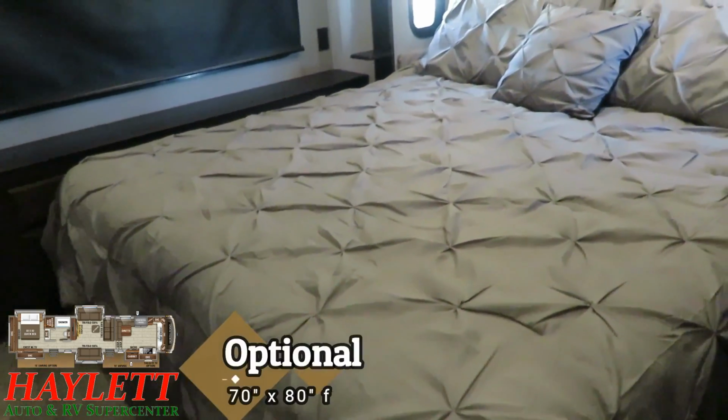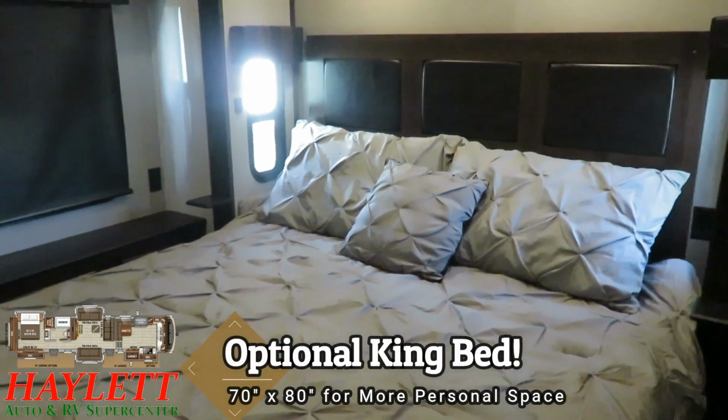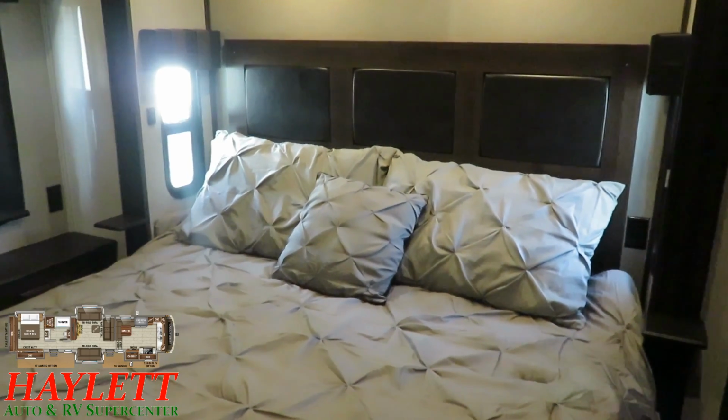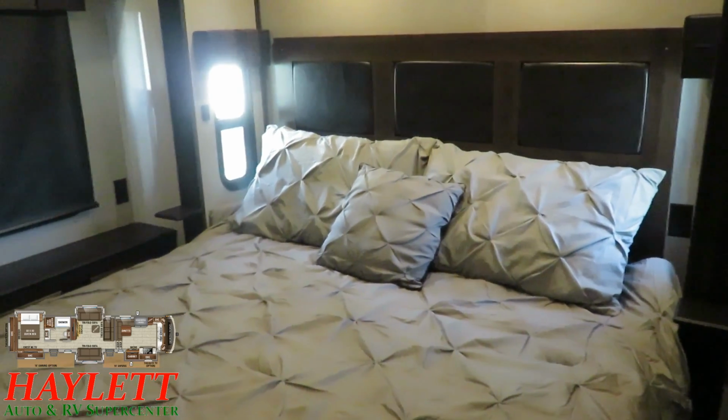70 by 80 king bed, easy lift with storage below, and you've got dual side stands with household outlets mounted right in the slide box. So for phone charging, CPAP machines, heated blankets maybe, you're going to be good to go here